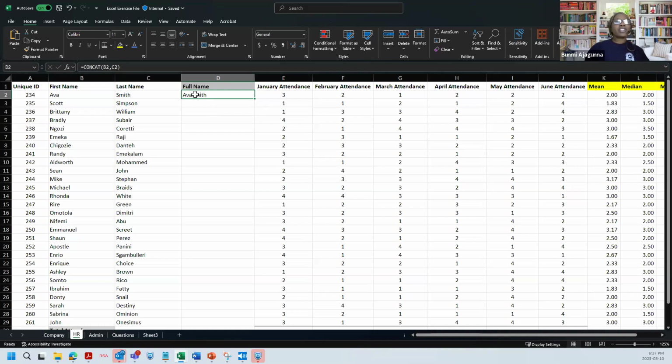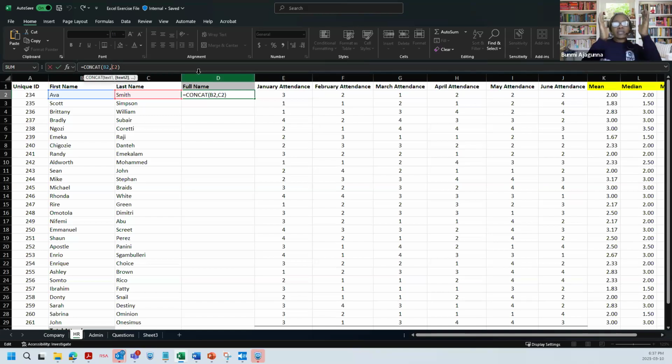The space. So for us to have the space, you can either double click to get back your formula, which is showing you your blue and your red, which is Ava and Smith, what you're combining, or you can come to the formula tab in here. There's always a window on the top to show you where your formula is, and then you can sort it here. So we want a space in between here. So what do I do? The space is going to be in quotation. So I add another one, quotation, space, quotation, and I close and I do a comma.